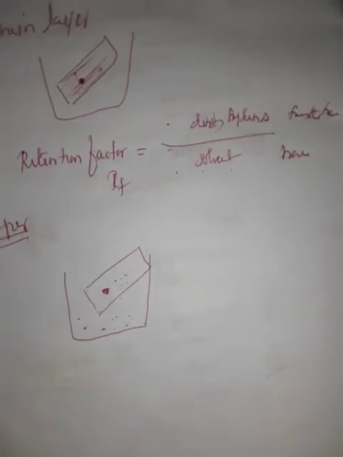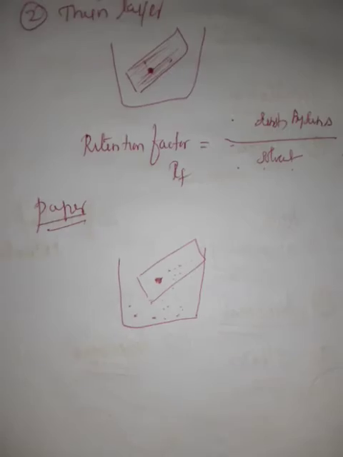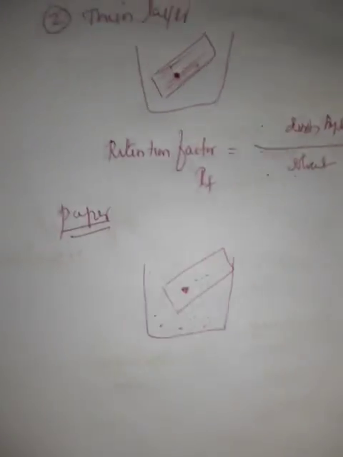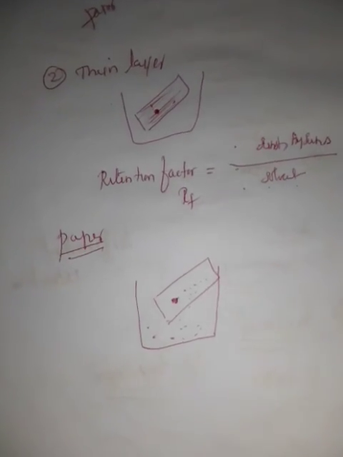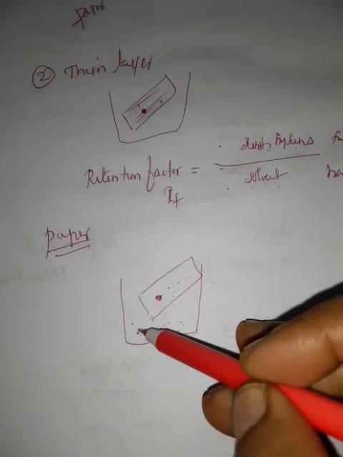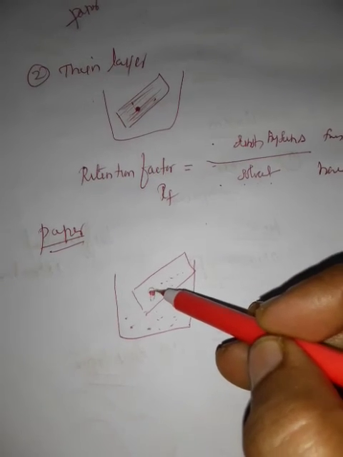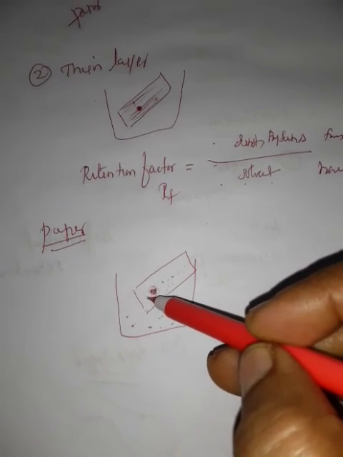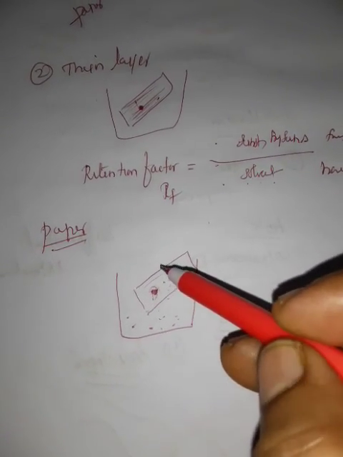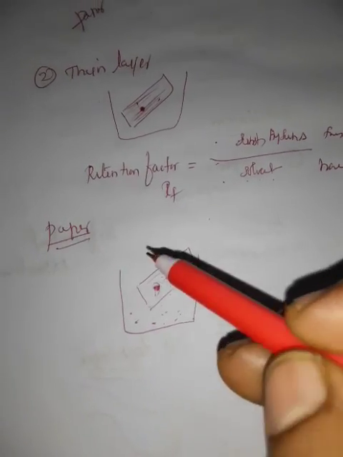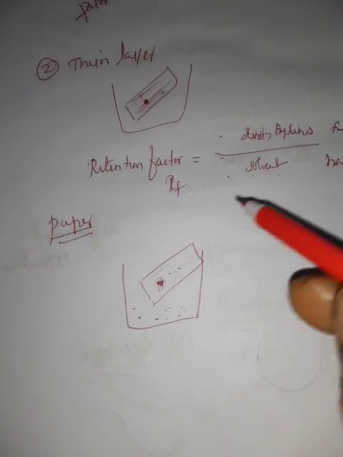So mainly the chromatographic technique is applied to separate colored substances. The main thing you have to keep in mind is that it consists of two phases, stationary phase and mobile phase. Mobile means moving. While the solvent is moving, the colored compounds are separated at different heights due to the mobile phase. The stationary phase is already fixed in the plate or in the paper. Because of the two phases, the mobile phase and the stationary phase, the colored components are separated and get purified.